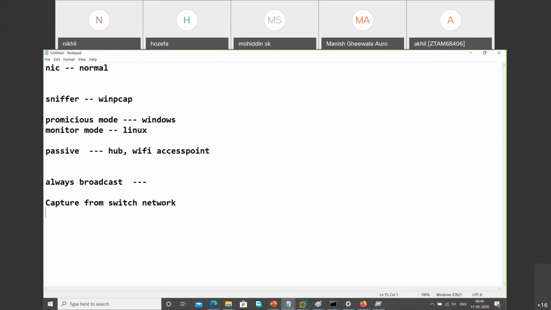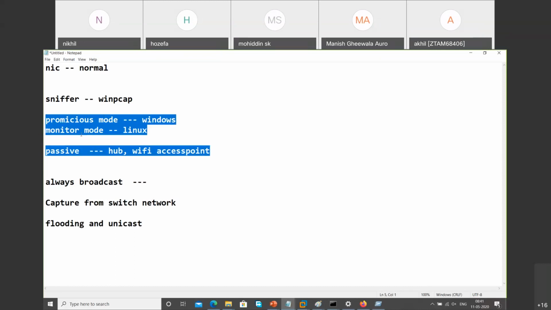Whenever you talk about the switch, till now everybody says, what does a switch work with, guys? A switch works with something called flooding and unicast. First time it will send to everybody. Once the MAC address is available, it will do a unicast on the switch. It is not going to send to everybody. If this is happening, then this particular part, passive sniffing, will not work. Passive sniffing will not work means by installing a software, you start receiving the data would not be possible. So we will be talking about something called